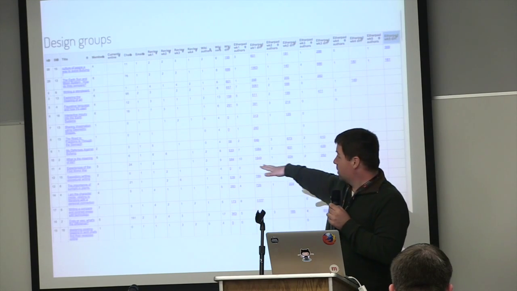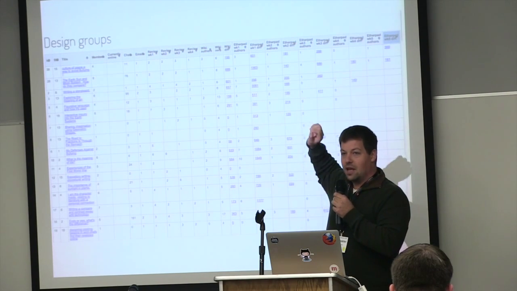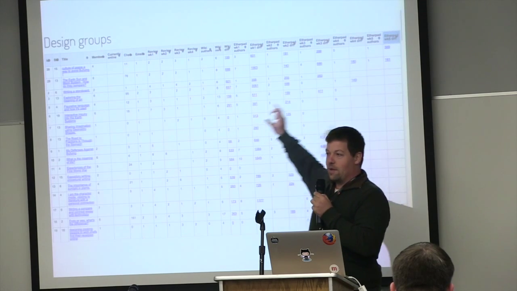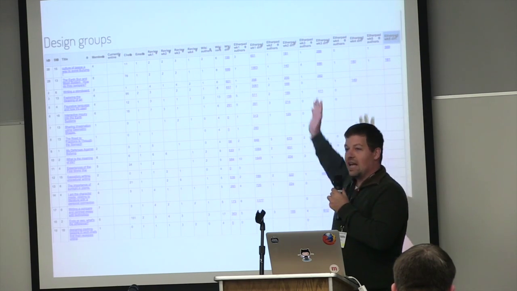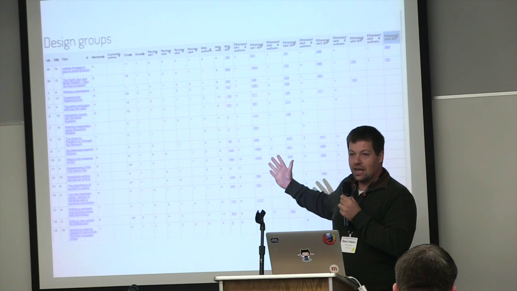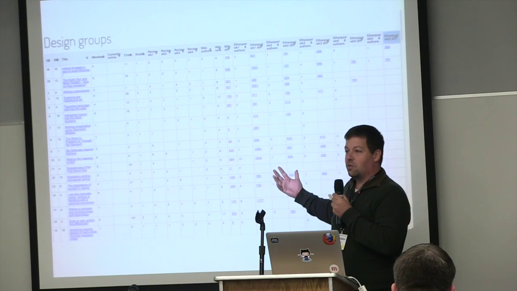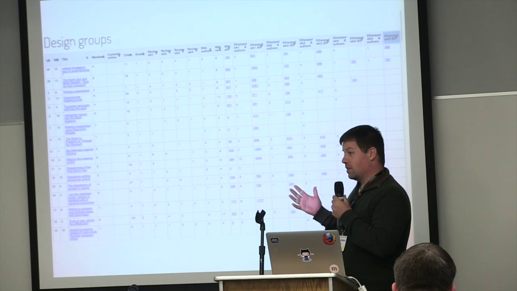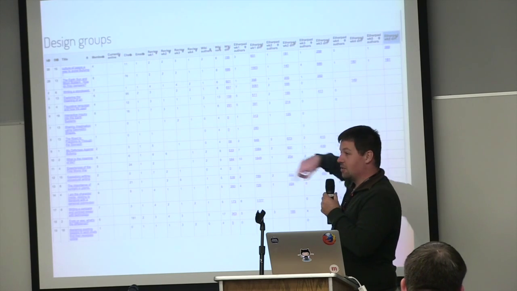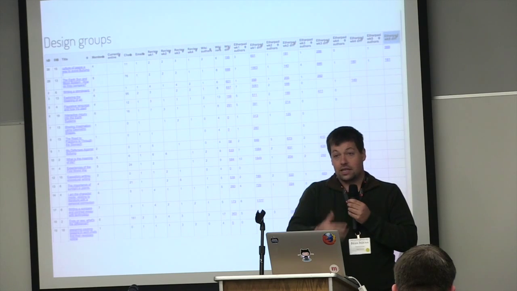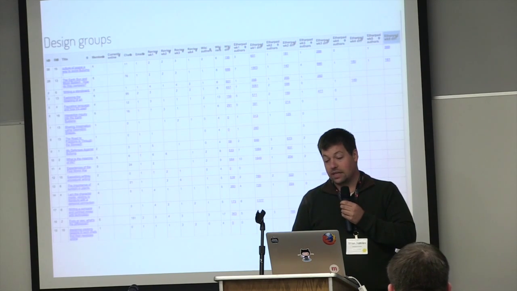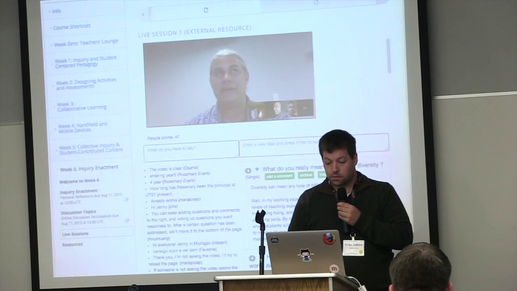Then we had this thing which took way too much code because it's actually pulling in diffs from every single Etherpad for each week, every single wiki edit, how many people edited the wiki each week. But this was a really cool way for us to be able to track the progress of the different groups. And then you click on any of these and you can go straight to their wiki and Etherpad and see how their progress is, come in and maybe assist the groups. We had TAs that were working with the groups.